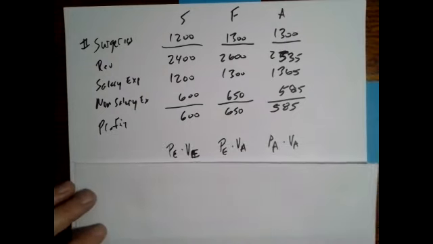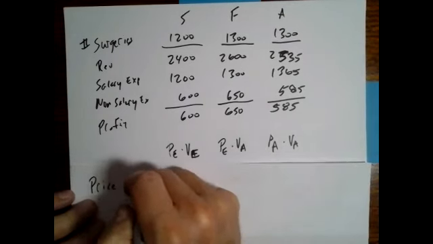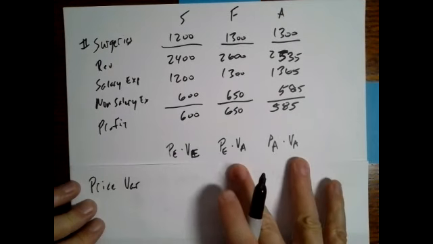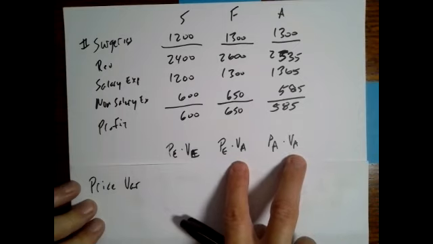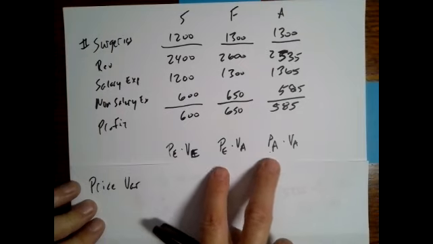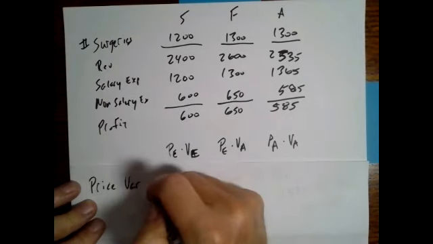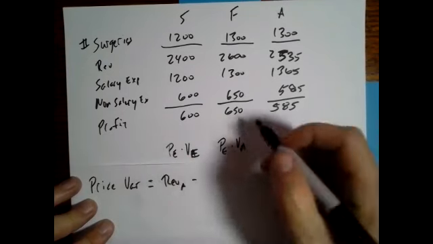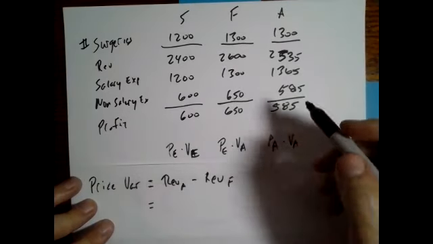Now next we want to do price variance, right? So in the same manner, for price variance, we want the two columns that allow us to hold volume constant and vary price. And that's these two that we talked about a minute ago, right? Because actual and flex hold volume at actual volume and then vary price. And because we were varying price in order to get the impact of the change in price on revenue, we're going to take revenue actual minus revenue flex to get our price variance,